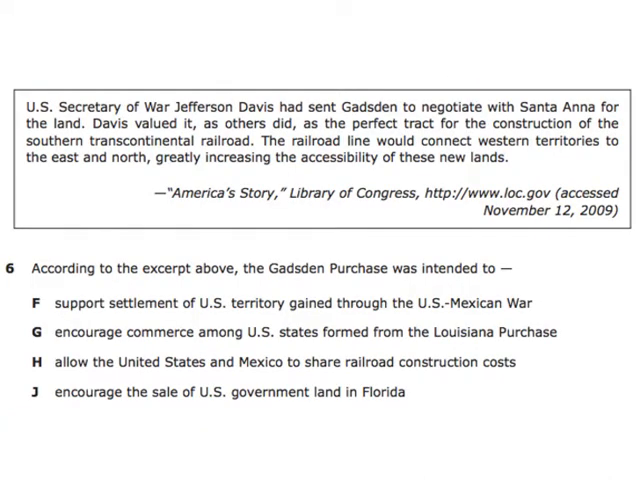U.S. Secretary of War Jefferson Davis had sent Gadsden to negotiate with Santa Anna for the land. Davis valued it, as others did, as the perfect tract for the construction of the Southern Transcontinental Railroad. The railroad line would connect western territories to the east and north, greatly increasing the accessibility of these new lands. According to the excerpt above, Gadsden purchase was intended to